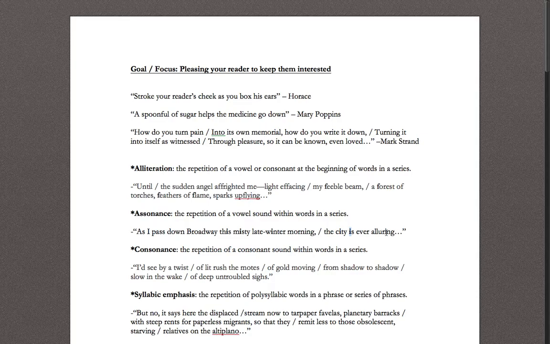It's that I there. It's a different I sound. It doesn't sound the same as "we," "me," "the," "see." It is a high-pitched I sound instead of a low-pitched one. So we see this I in 1, 2, 3, 4, 5 words within this description. And we call this assonance.